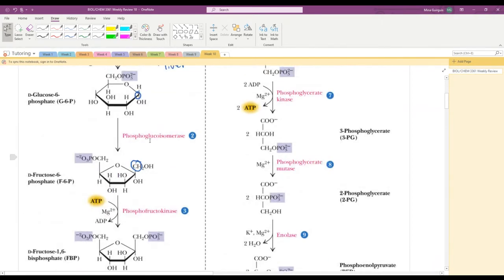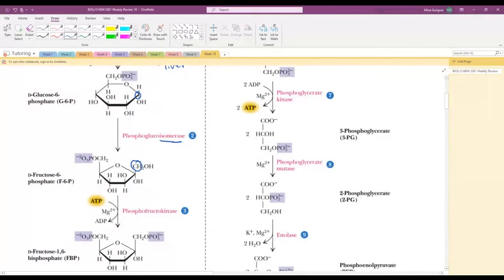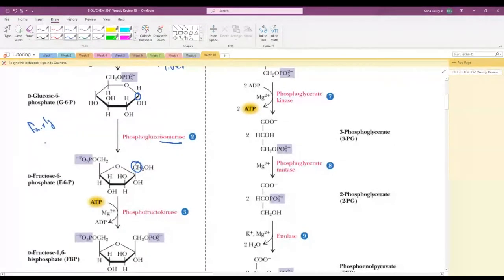I'd also point out an isomerase reaction doesn't take a ton of energy, right? We're just kind of shifting things a little bit. Yes, a 6-member ring is a little bit more stable than a 5-member ring, so that could play a role and make this a little bit non-spontaneous. But we're not adding a reactant. We're not hydrolyzing ATP, which releases a ton of energy. This is fairly neutral in terms of spontaneity,